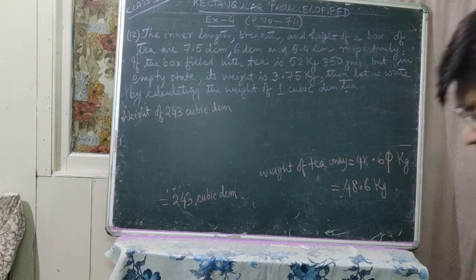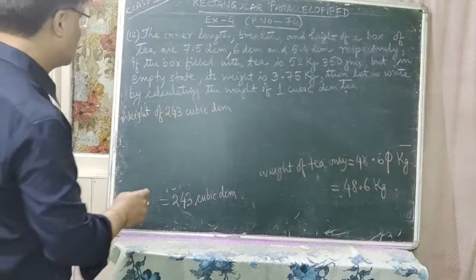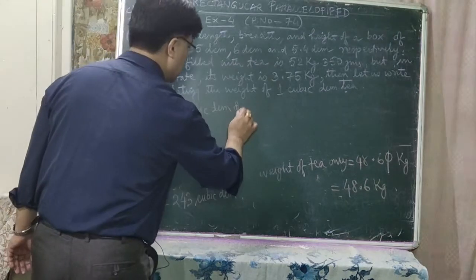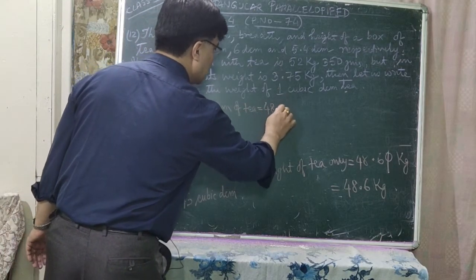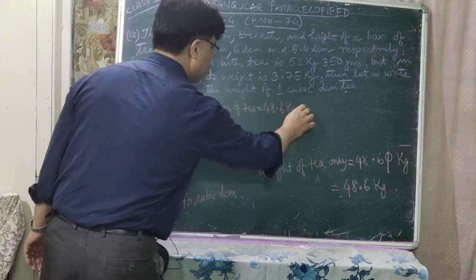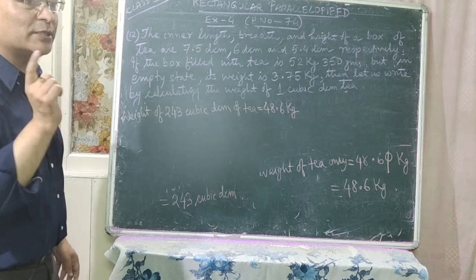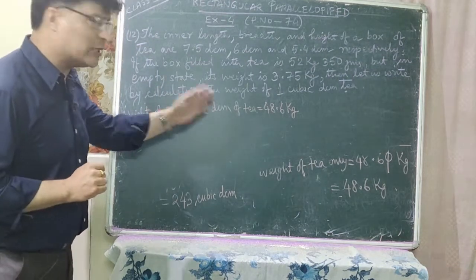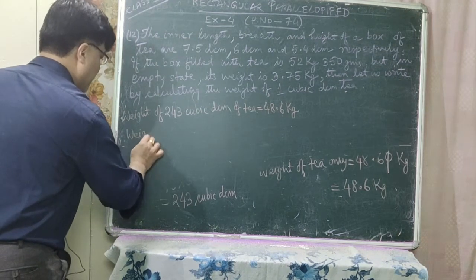Weight of 243 cubic decimeter of tea is equal to how much is it? It is 48.6 kilogram. So now you have to calculate the weight of 1 cubic decimeter tea. So this is just like your unitary method, isn't it? So therefore weight of